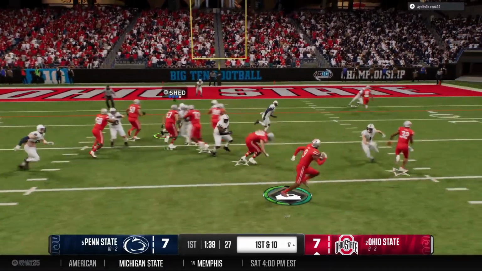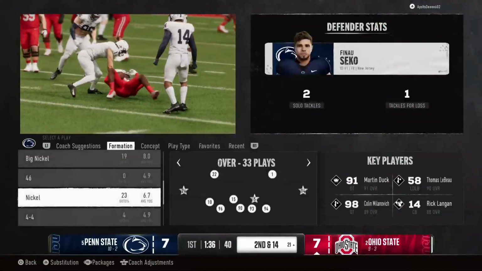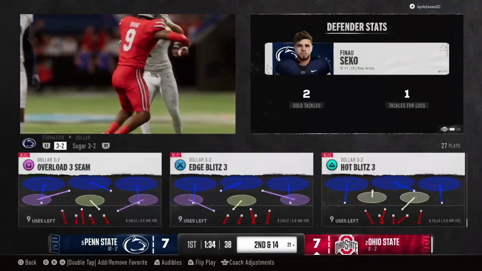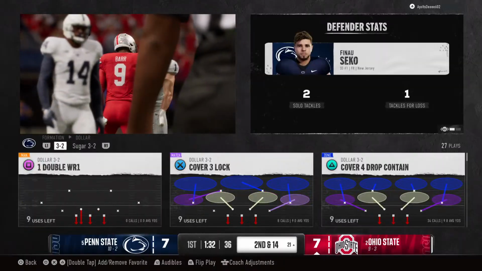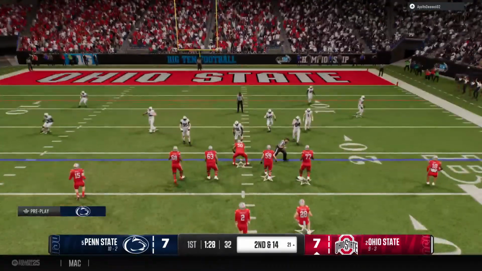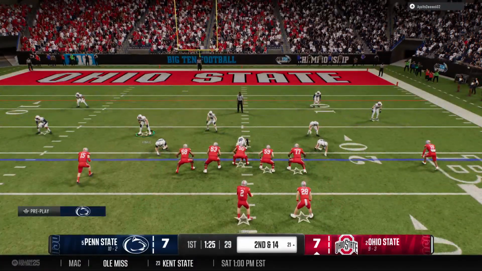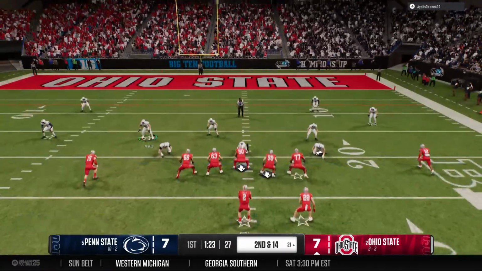Quick pass, here comes a jet sweep. And he's brought down, but they went backwards after the completion. Good work by the defense. Well, that's one of those plays that works better against certain defensive looks, but not every defense is the same. They were all over that one. Let's see if they continue to attack the outside on the perimeter to set something up downfield.